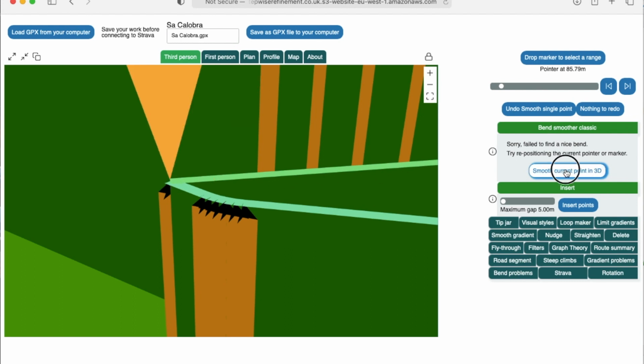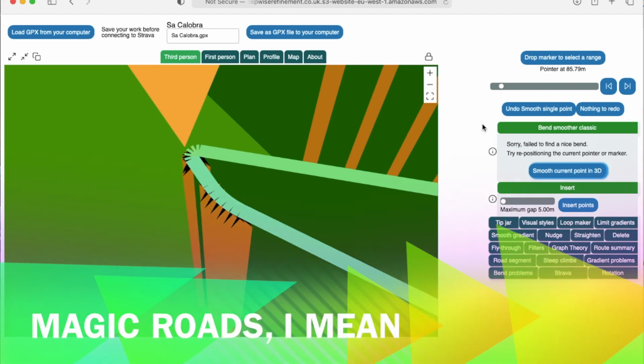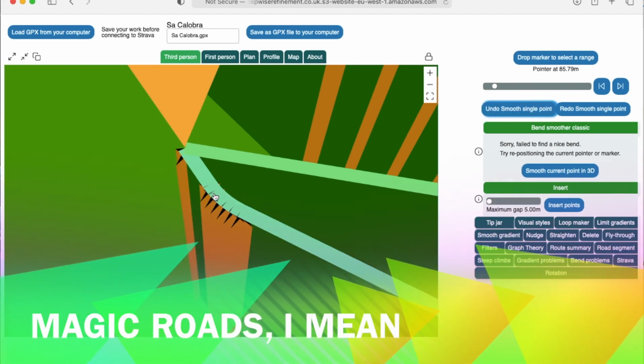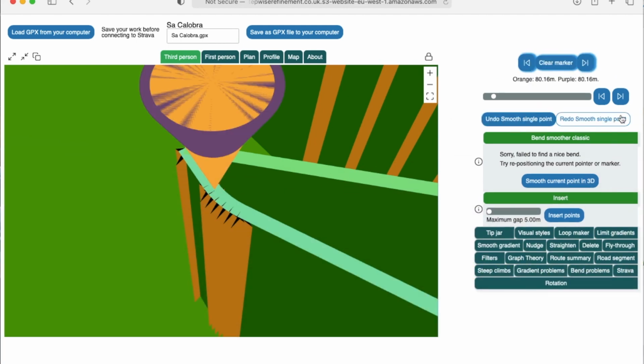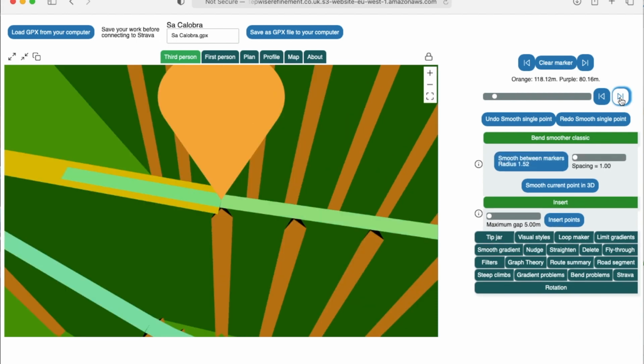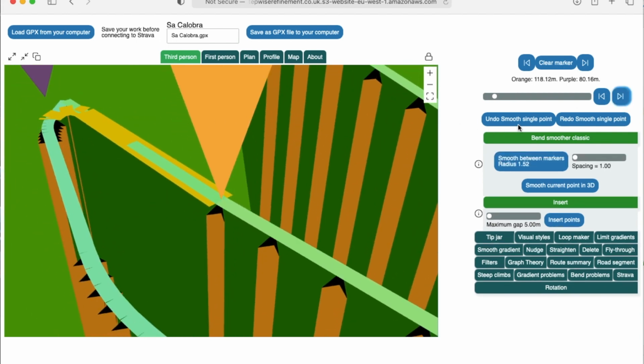But there are limits. It will not work particularly well on very tight bends. That would still be probably unacceptable in GPX Magic, in which case you might there want to revert to using the classic bend smoother, because that will give you an opportunity to bring the radius of the bend in somewhat